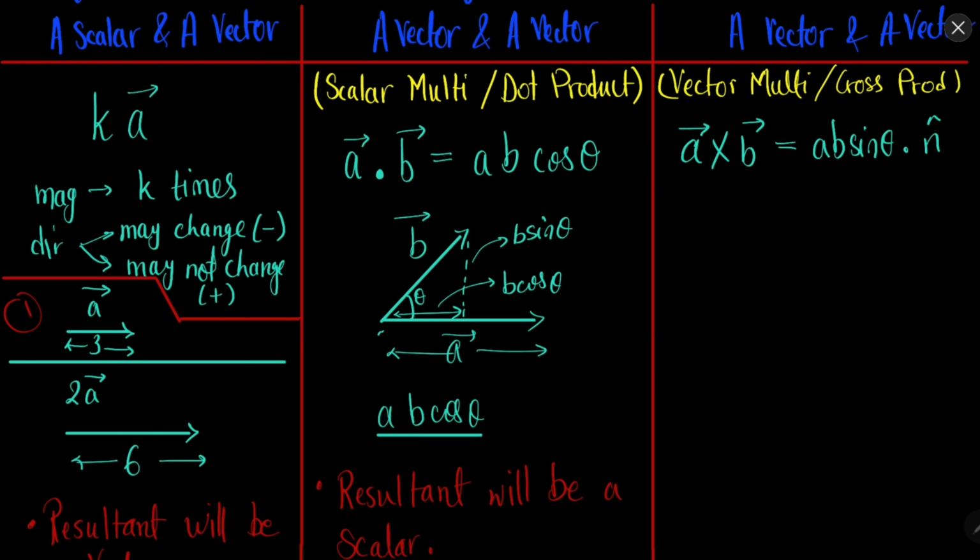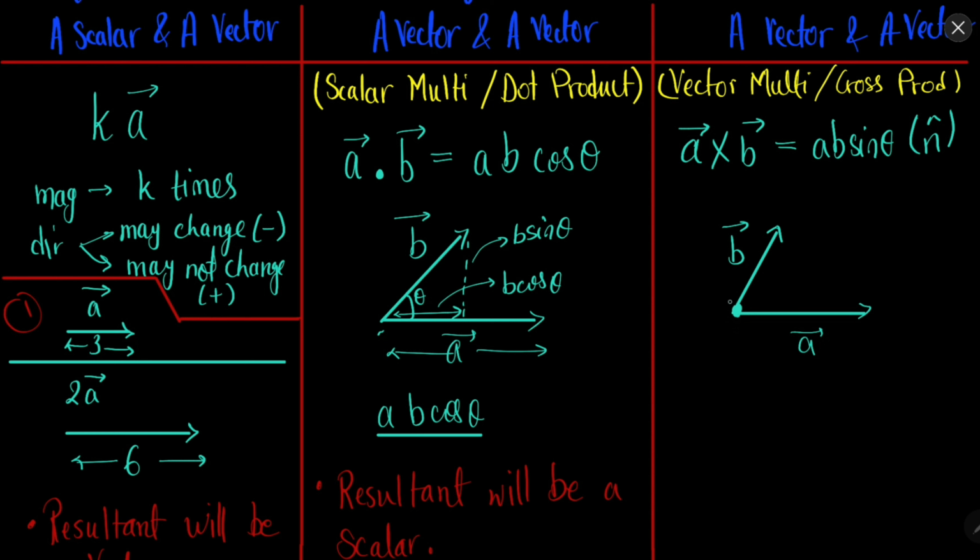What will happen here is that let's say I have two vectors, a and b. Now what if I want to find a vector which is perpendicular to both these vectors? How can I find this? In order to find a vector which is perpendicular to both vectors, we do the cross product or vector multiplication. Think about it, what vector will be perpendicular to both these vectors? There are two possibilities: one vector coming out of the board and another going inside the board, inside the screen.